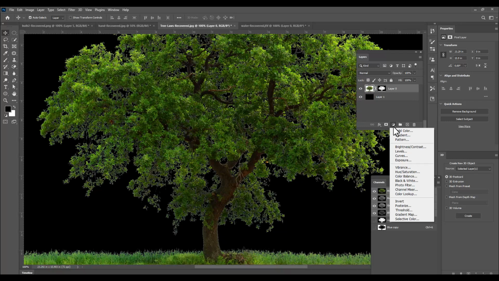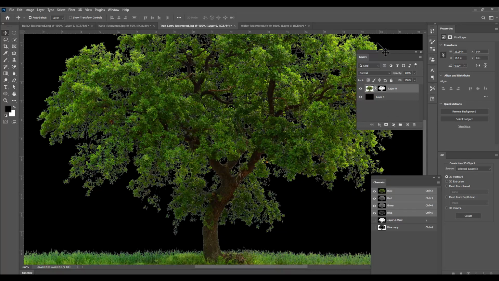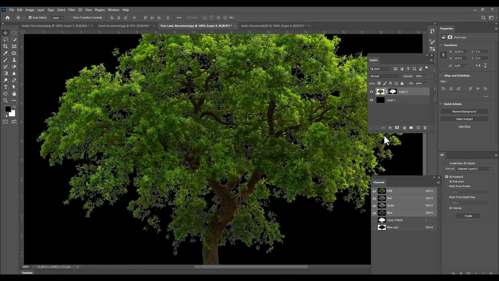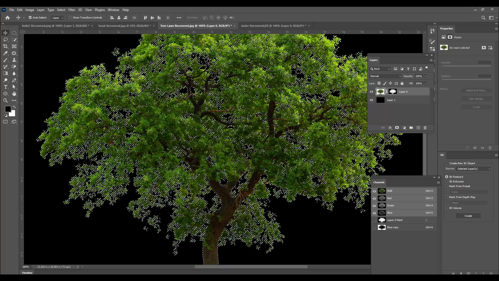We have to create an adjustment layer, and that adjustment layer is color balance. Okay, but before that we'll do something. We will actually select the mask thumbnail for this tree by holding Ctrl in PC or Command in Mac and creating a selection